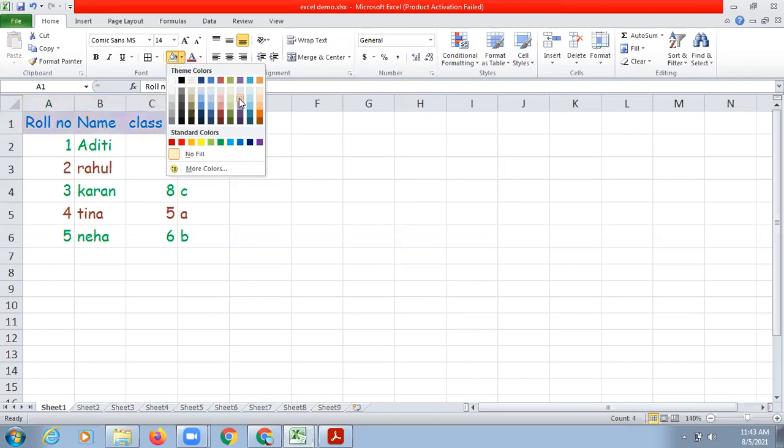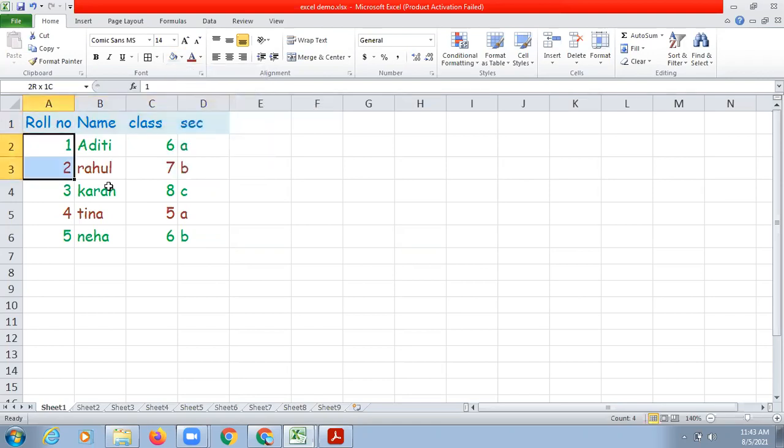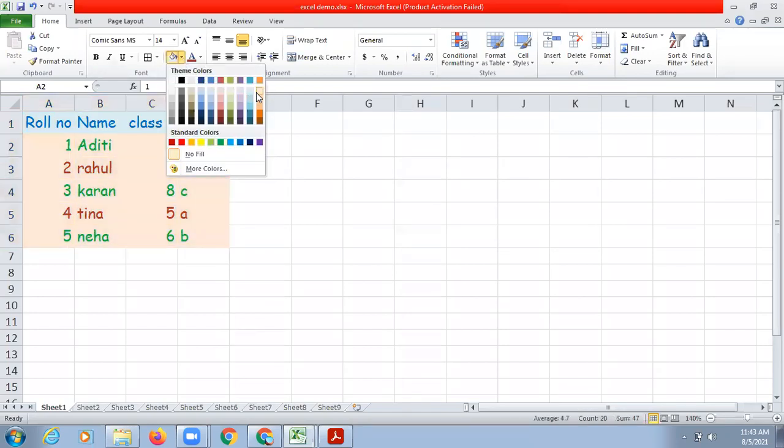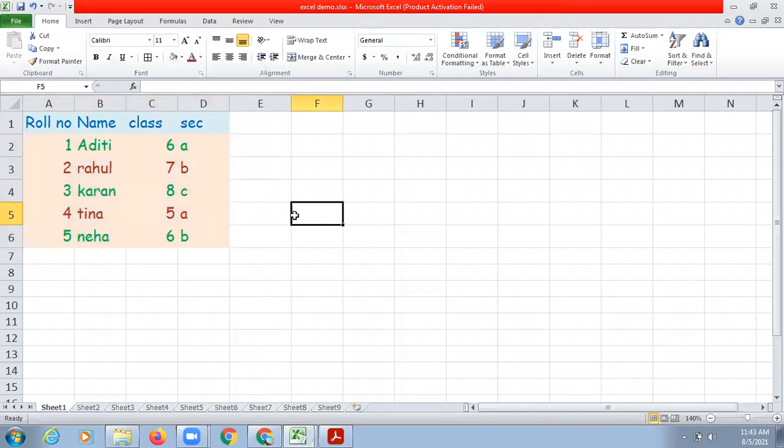Let's say मुझे इसको background color I want to choose as light blue, and for rest of the cells I wanted to choose light orange. So like this you can change the background color, that is also called as fill color. And this is called as font color, this is called as fill color, right?